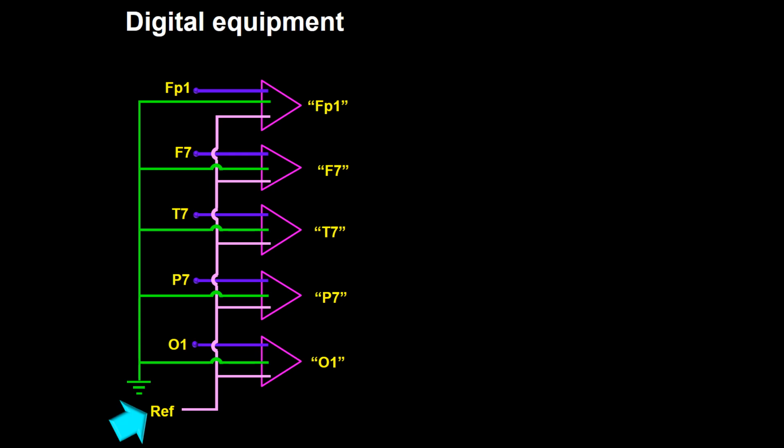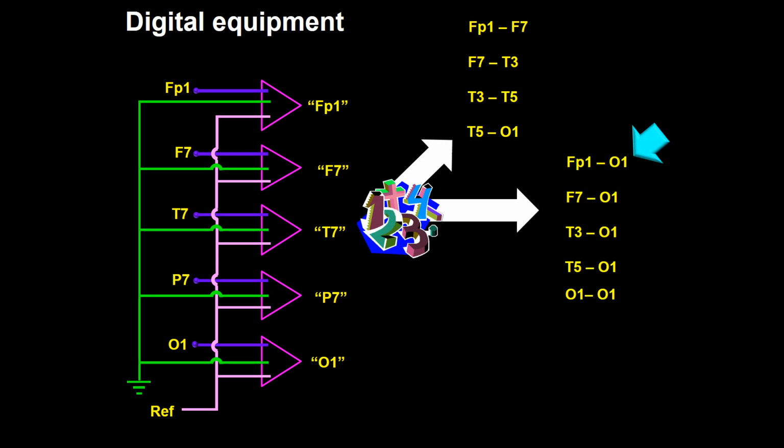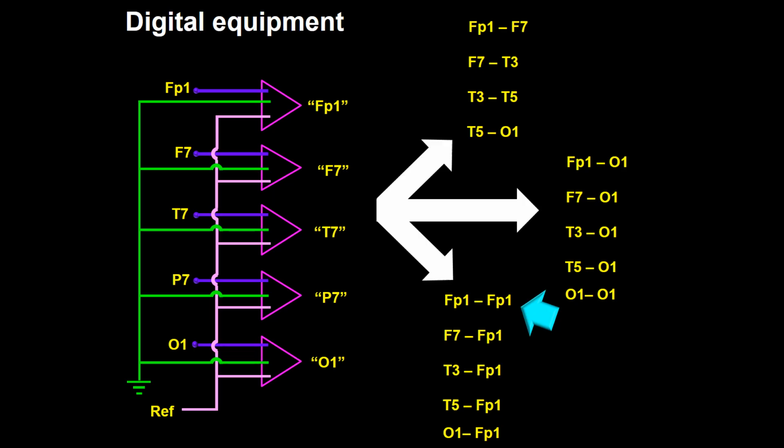It uses one common reference electrode. We will call this electrode the digital common reference electrode. This electrode is usually placed just behind Cz, and it is used to gather all the actual data. Then the digital EEG uses this data, that is the value of each electrode in relation to the digital common reference electrode, to perform mathematical operations and give us the value of FP1 in relation to F7, the value of FP1 in relation to O1, or if we so choose, it will give us the value of FP1 in relation